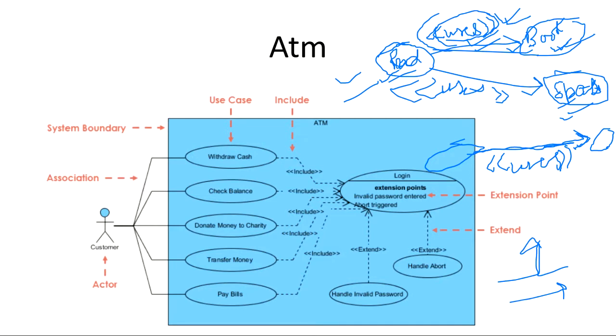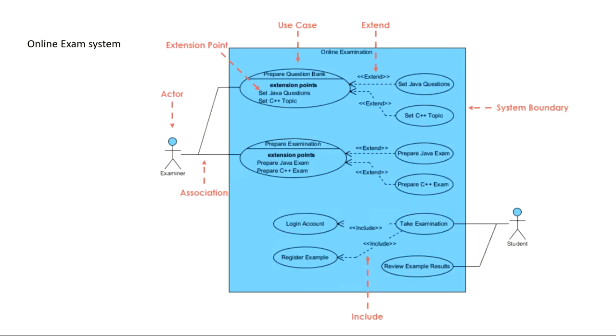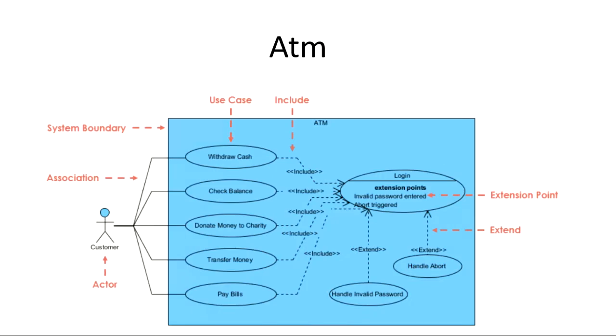So that's why, you see, this is the third example we are seeing, and you will not see uses here. I will show you one more example. See this example. Here also you will see include and extend only. There is no uses relationship because this is not very popular. But you can use them. Apart from this, there are three or four more kinds of generalizations also.